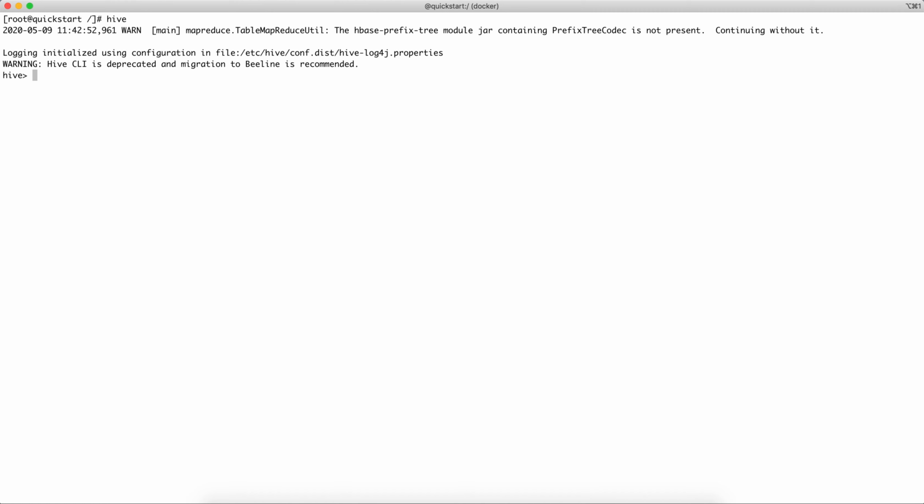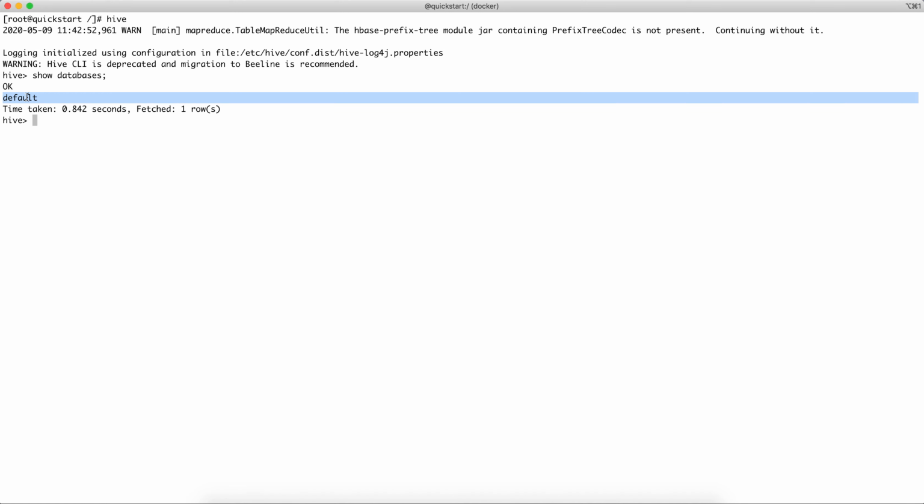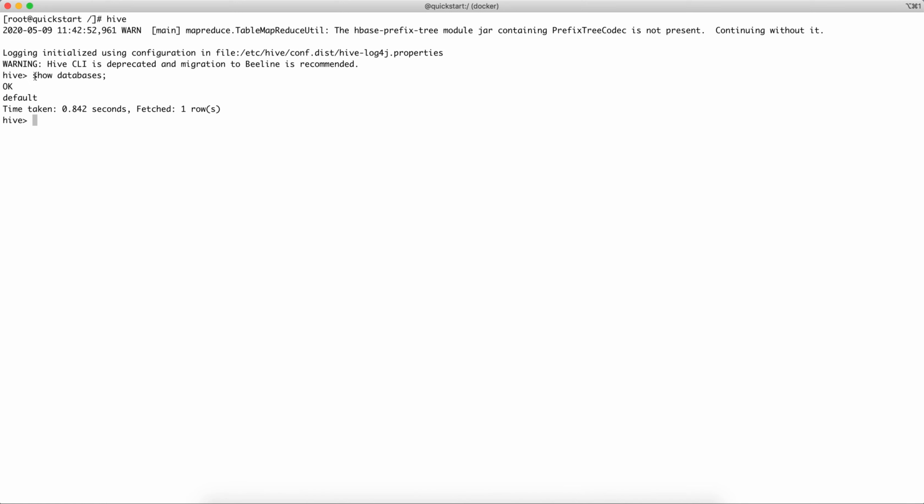Okay, so basically, if you just do show databases, since this is the fresh Docker image that we have just set up, it doesn't have any database that is explicitly created. It always comes with the default database. Okay, so this is how you can quickly enable, within 5 to 10 minutes, your local development environment, and you can just start utilizing that particular environment. Now here you can just do create database and whatever Hive queries that you want to run. Okay, so this is about Hive.